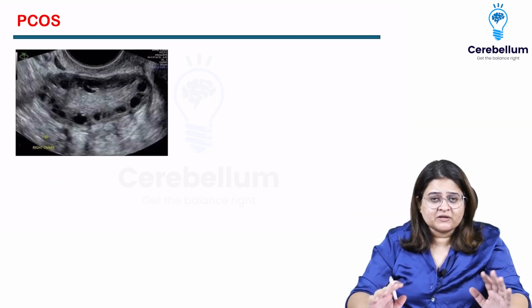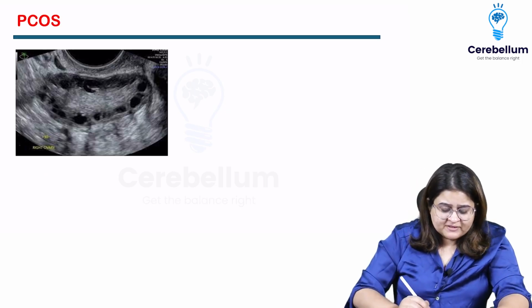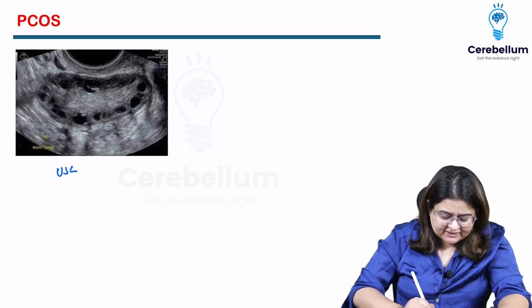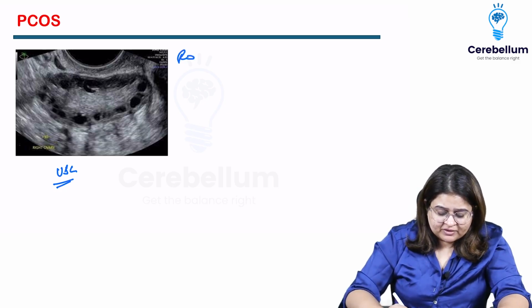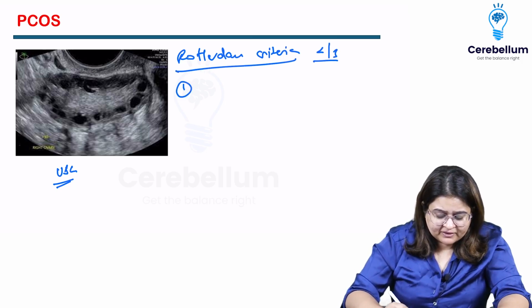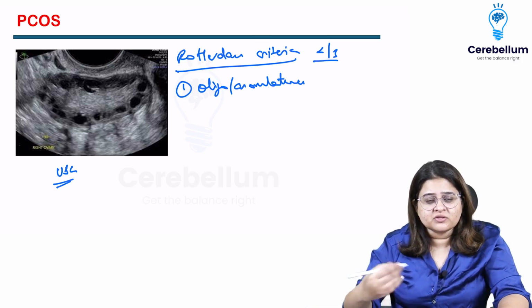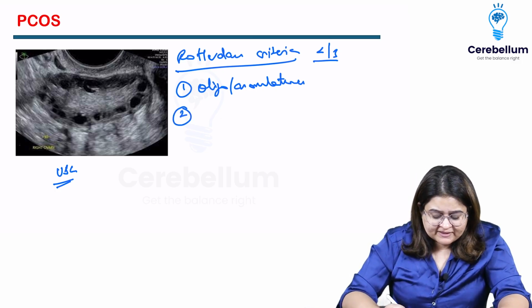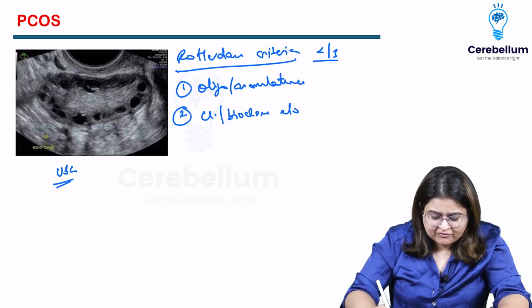Now a bit about PCOS. We'll cover PCOS here only. This is the typical polycystic ovary or polycystic morphology on the ultrasound, the necklace pattern, the string of pearls pattern. To diagnose PCOS, we have the Rotterdam criteria, and the Rotterdam criteria says that 2 out of 3 have to be there. Number 1 is oligo- or anovulation. That means she's having delayed cycles once in 2, 3, 4 months, or she has not got her period for a long time. Secondly, there is clinical or biochemical evidence of